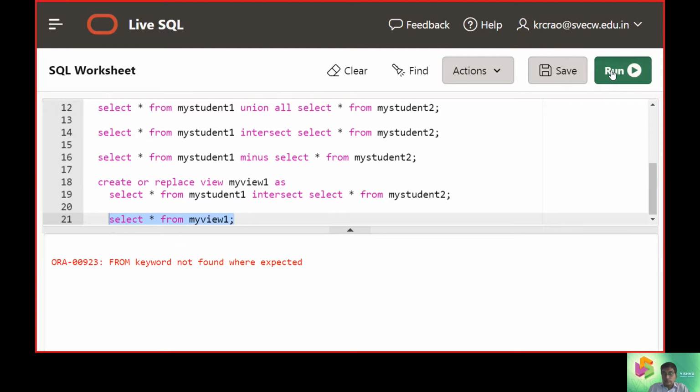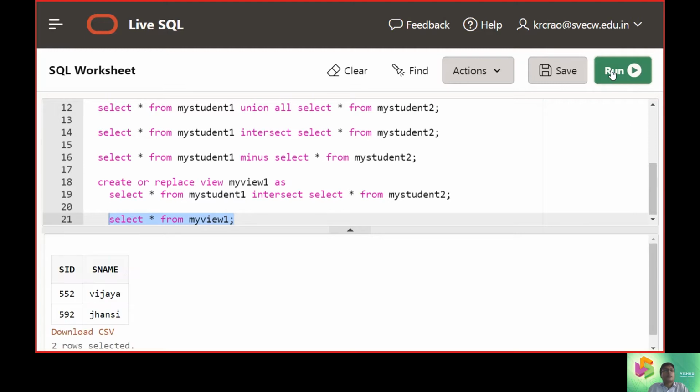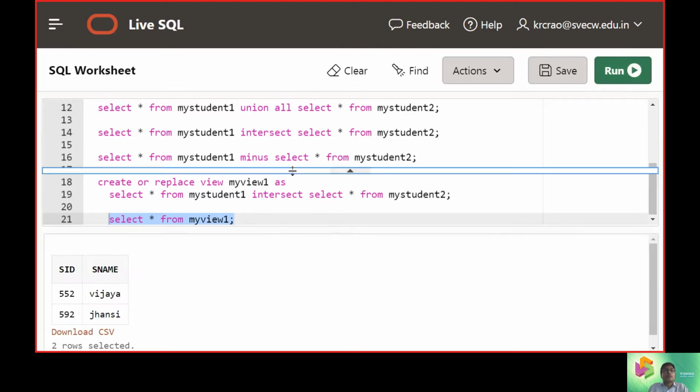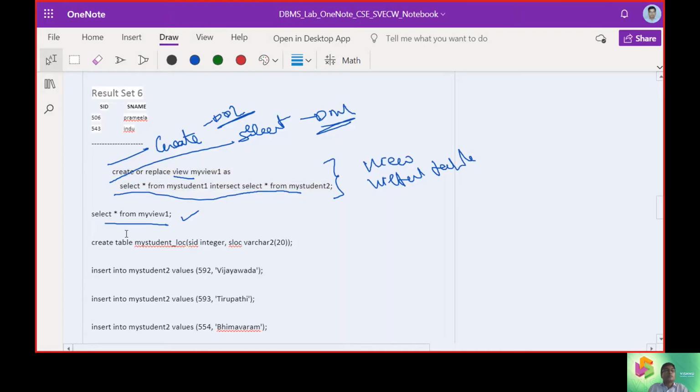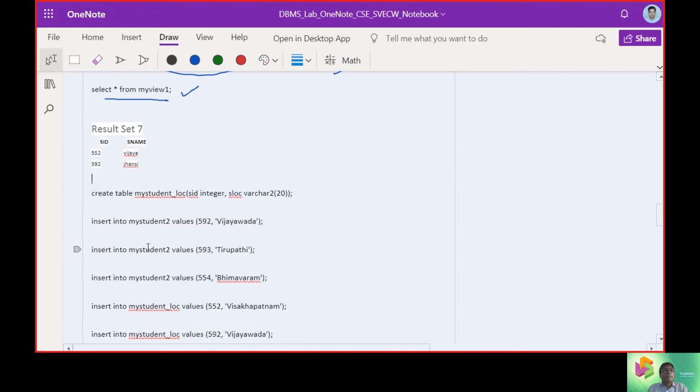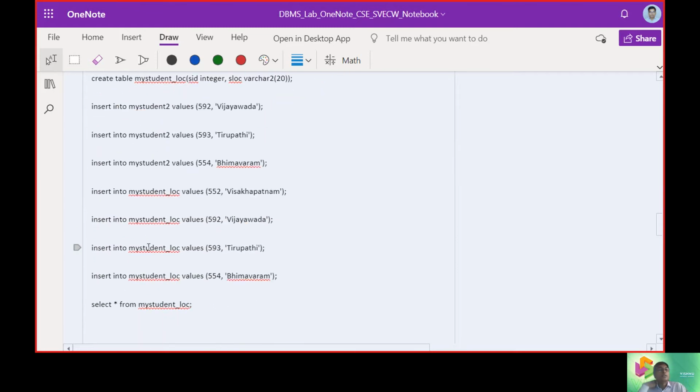We are getting the intersected values, the two elements at this point. So we get this.